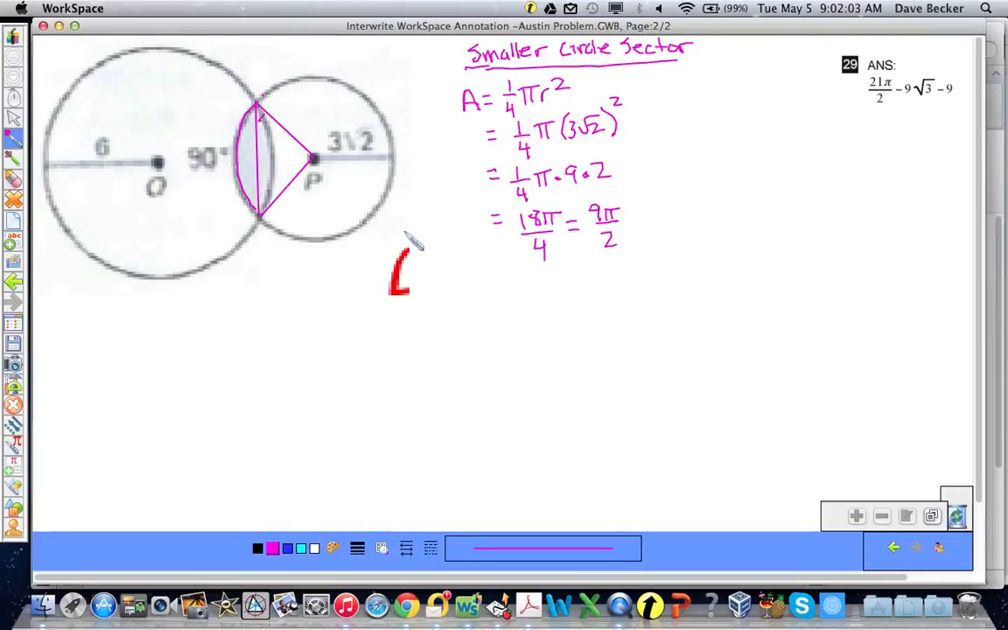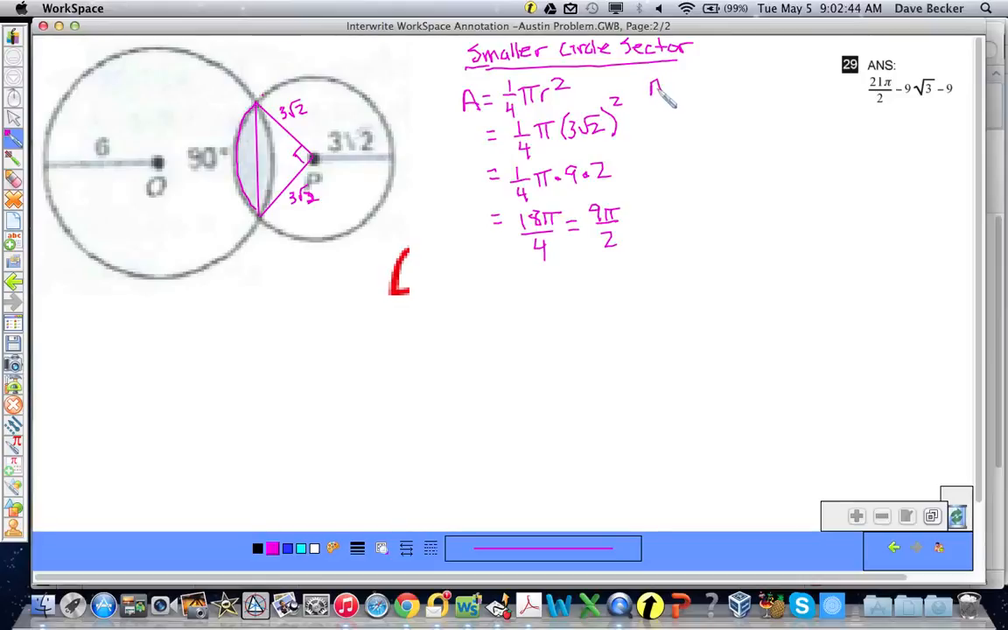Let me undo. Okay, so I know that from here to here is 3 root 2. And I know that this angle right here is 90 degrees. How do I know that? Because the measure of a central angle is equivalent to the measure of the arc that it cuts off, which we're given as 90 degrees. This is a radius of a circle, so it's also 3 root 2. So I can get the base here of the triangle